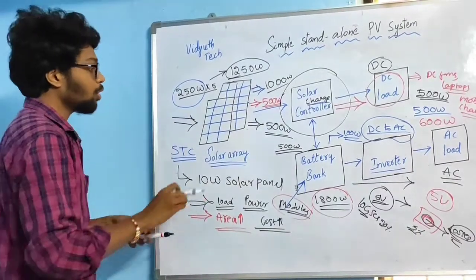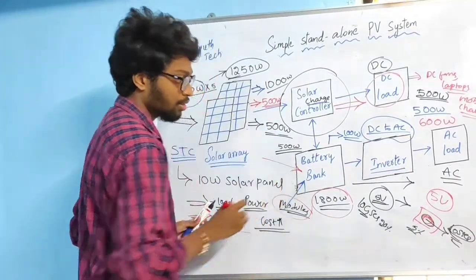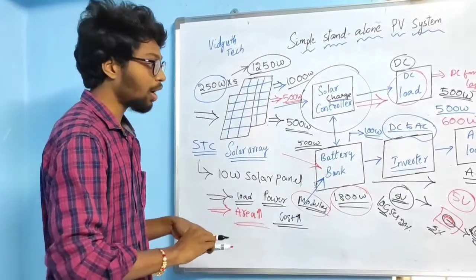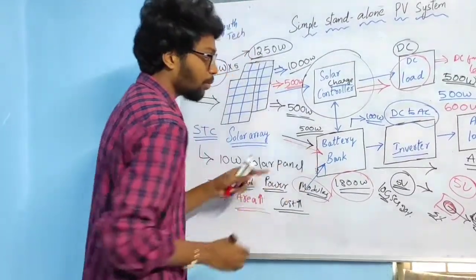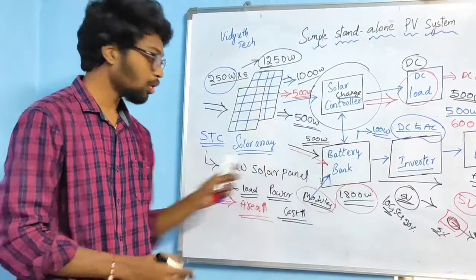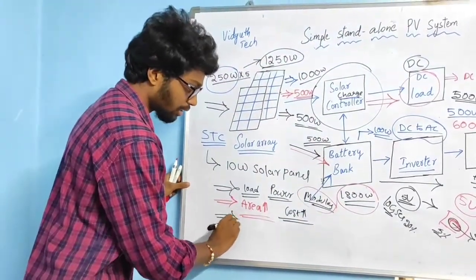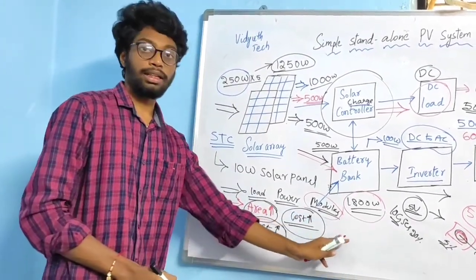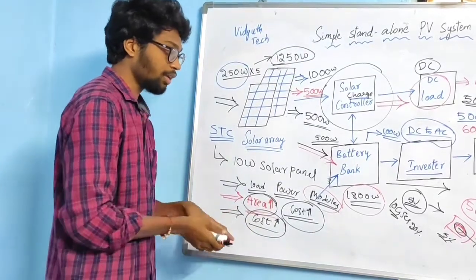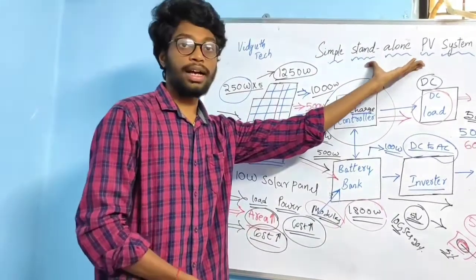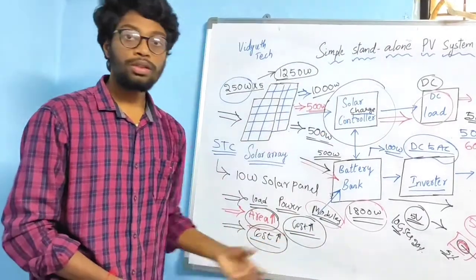Coming to the battery banks here, if you have more load, that's okay. We are going to speak about backup if you have load. If you require more backup, you are going to have more batteries, which causes cost increment. If you don't have sufficient area and you want to buy, the cost also increases. The cost is very high under the initial or capital condition for a standalone photovoltaic system compared to a grid type